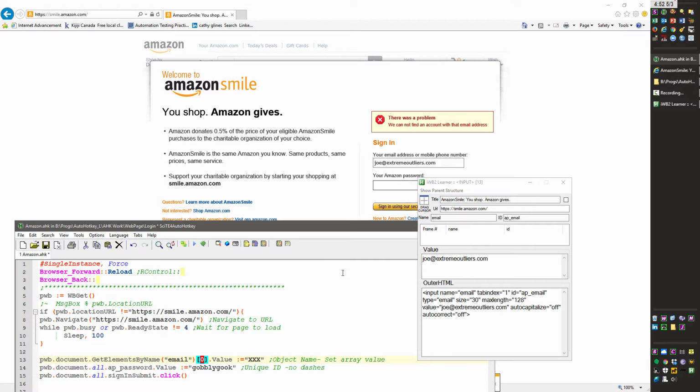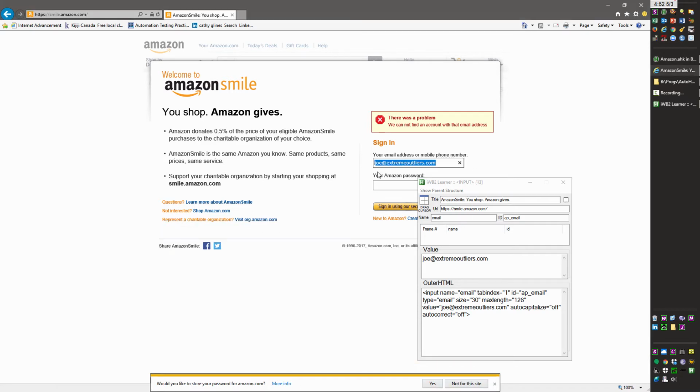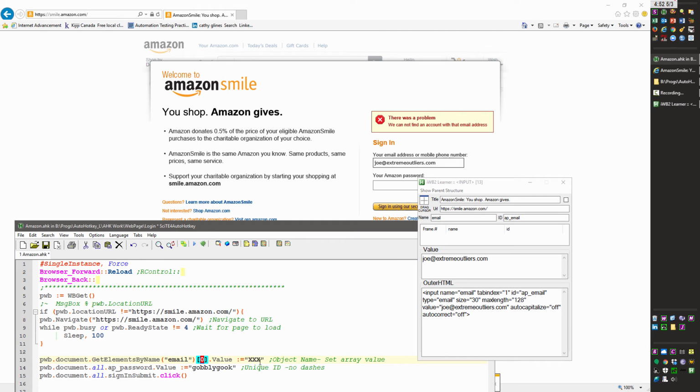Now, that's the thing with names, it is possible you have more than one of them, but generally speaking, especially on a login page, you're not going to have that. Or if you do, they actually named it so there's more than one spot to enter the email address. They might have it hidden up here or here, and it actually submits the same thing, so you don't have to worry about it. And here we're going to say,